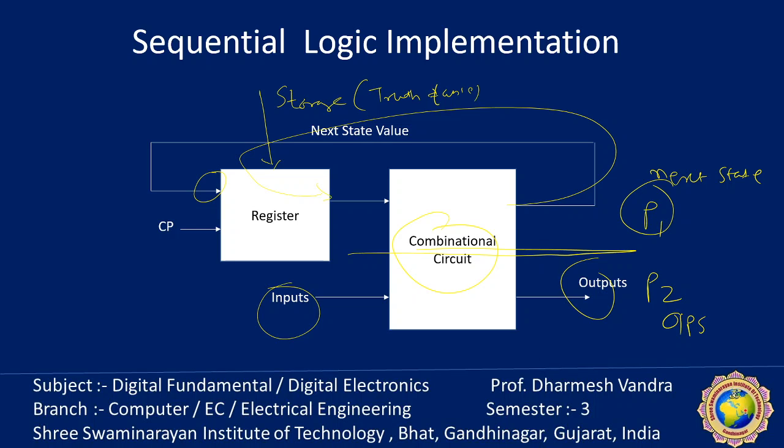The next state value from the combinational circuit is loaded into the register with the clock pulse. If the register has a load input, it must be set to 1. Otherwise, if the register has no load input, the next state value will be transferred automatically on every clock pulse. The combinational circuit part of the sequential circuit can be implemented by any method. It can be constructed with a ROM, or with a programmable logic array, or with a register. So let's take one example with the register.